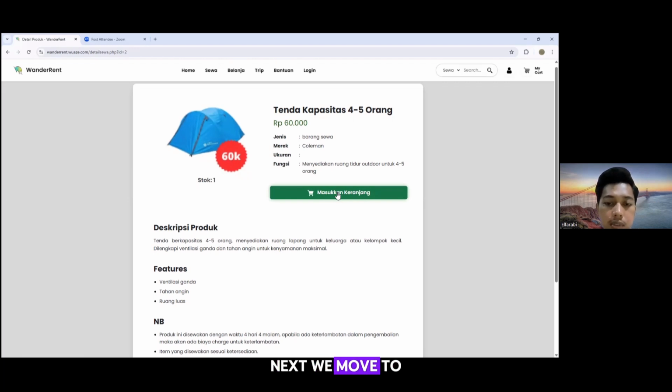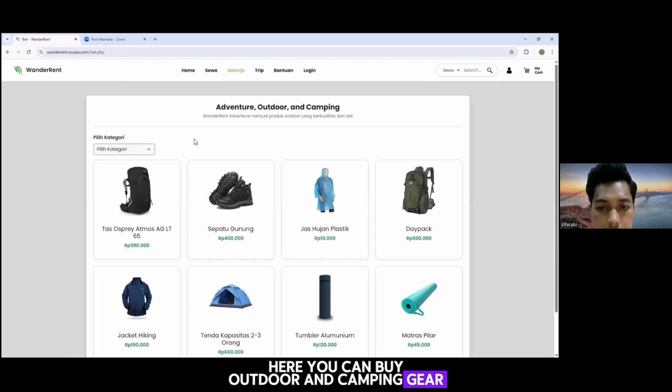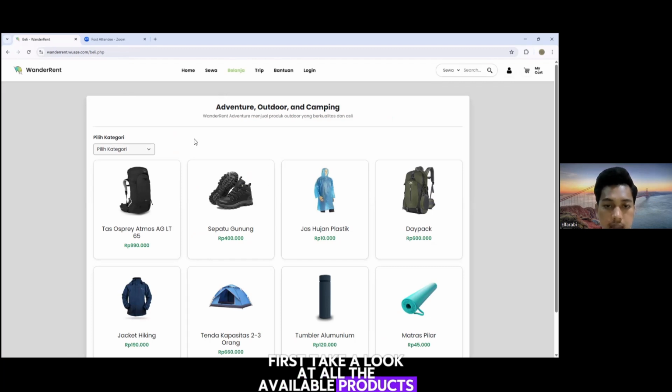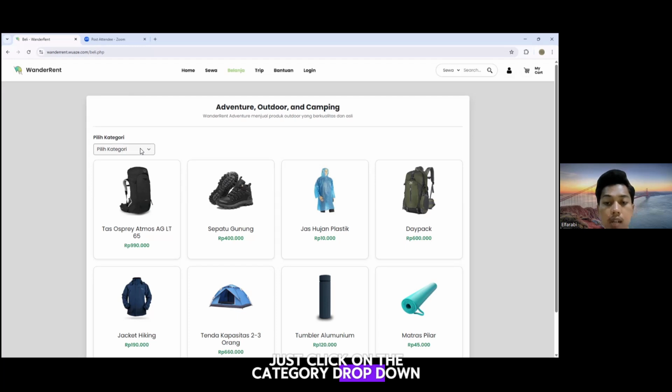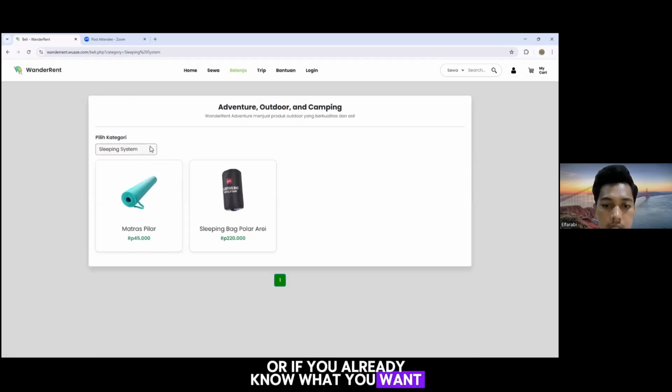Next, we move to the Belanja page. Here you can buy outdoor and camping gear, no need to rent if you want to own it. First, take a look at all the available products. If we want to filter, just click on the category drop-down right here and choose the type of item you're looking for. Or if you already know what you want, go to the search bar at the top.